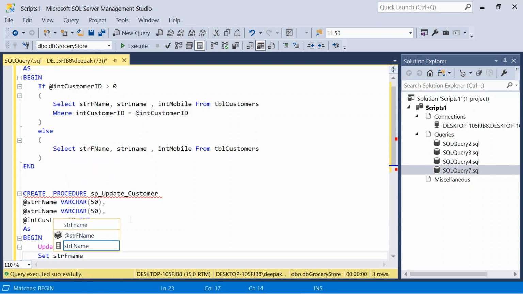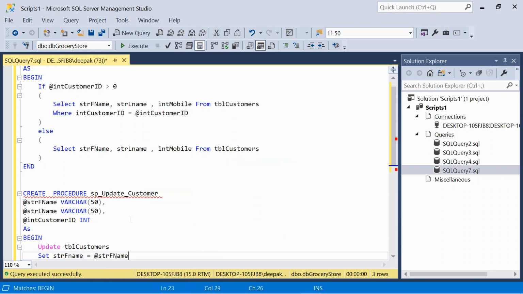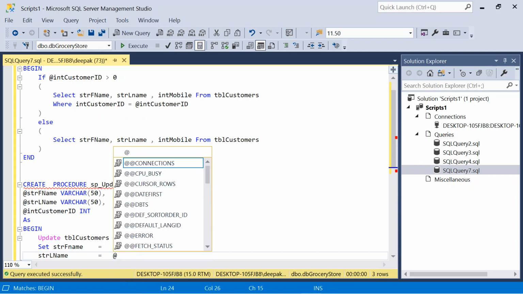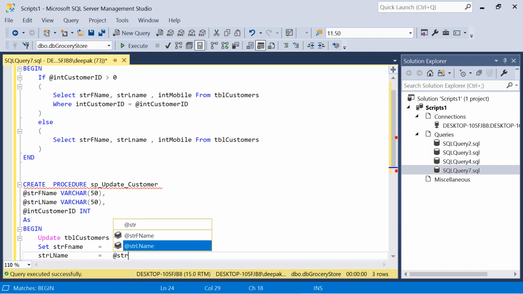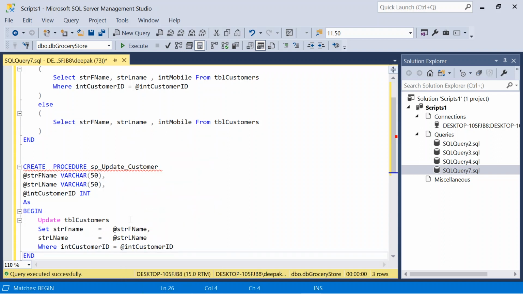Set fname equal to the value of lname where customer ID equal to, right.